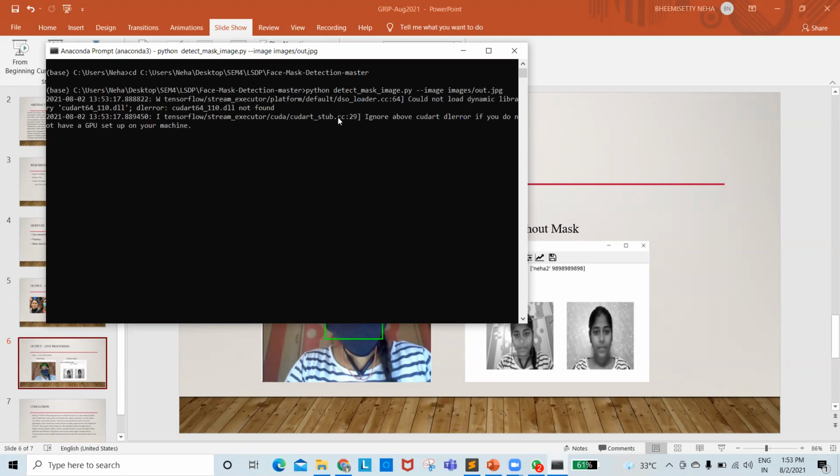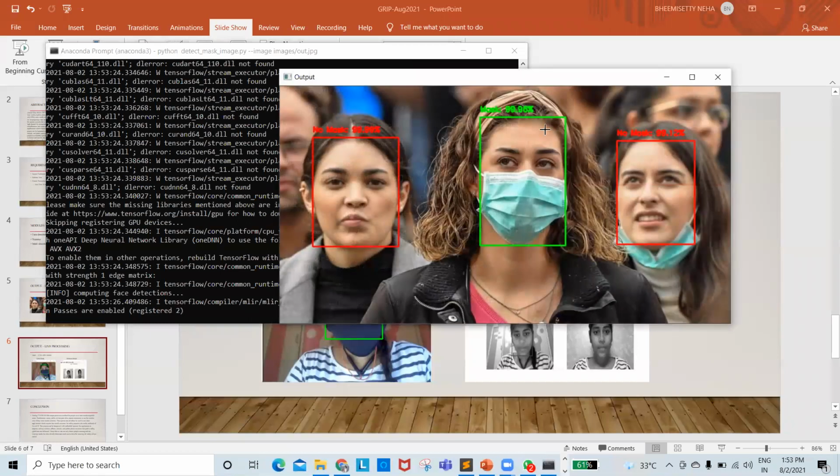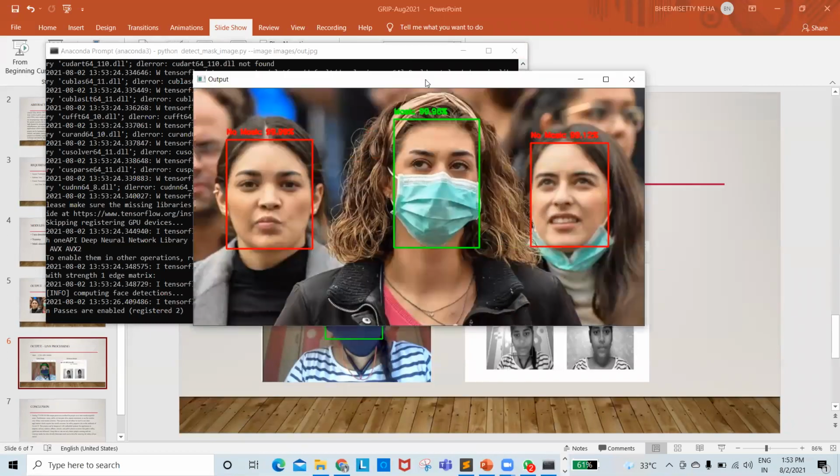This is the usage of the code. Yeah, so this is the output.